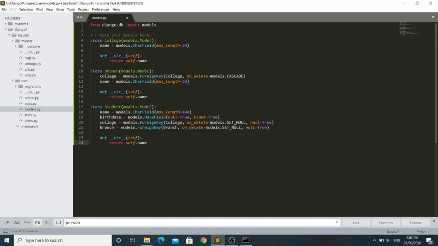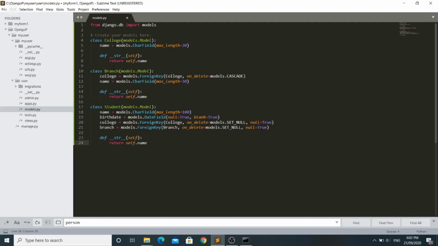The College model has only one field, that is name. The Branch model will have two fields, that is college and name. College is a foreign key field. Foreign key field supports the drop-down list. We have included the college field in the branch model as the branch will depend on the college name.